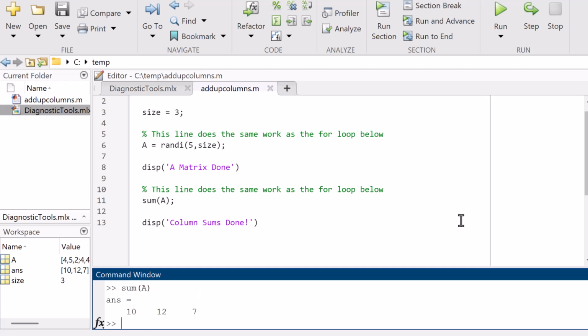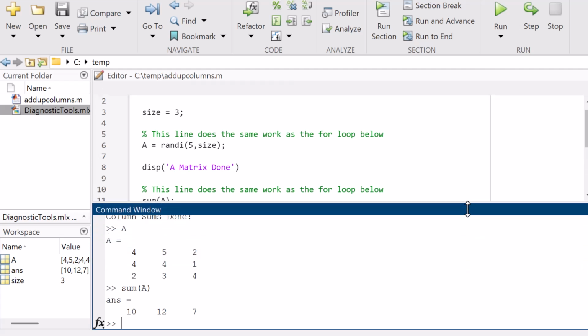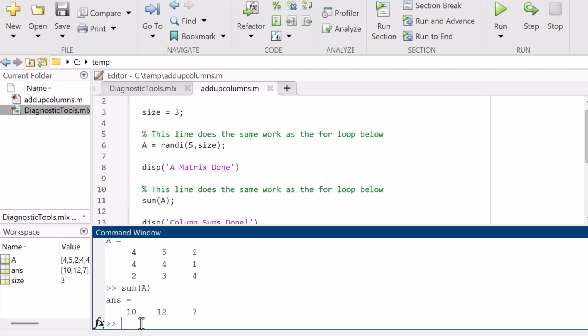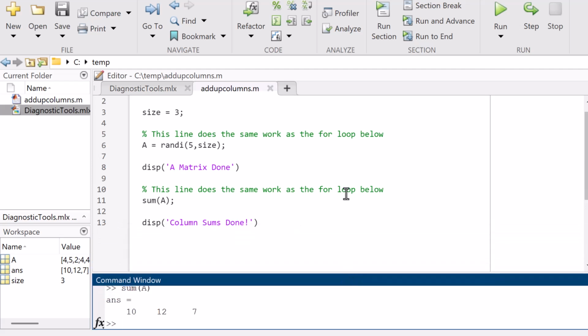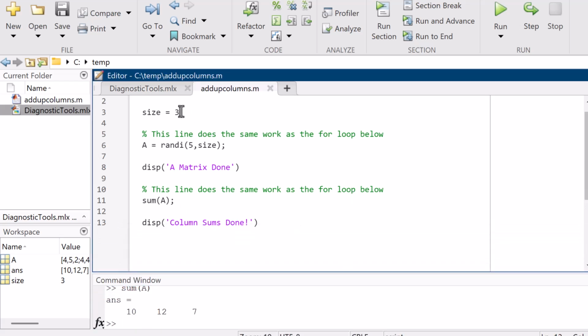Okay, so look right here, I'll prove you I got the same answer. So I got 8, 10, 12, 7. Okay, so clearly the right answer. I mean, it's not a really good proof. It's a trust me bro proof, but it's fine. Okay, so trust me bro, it works, and I'm going to show